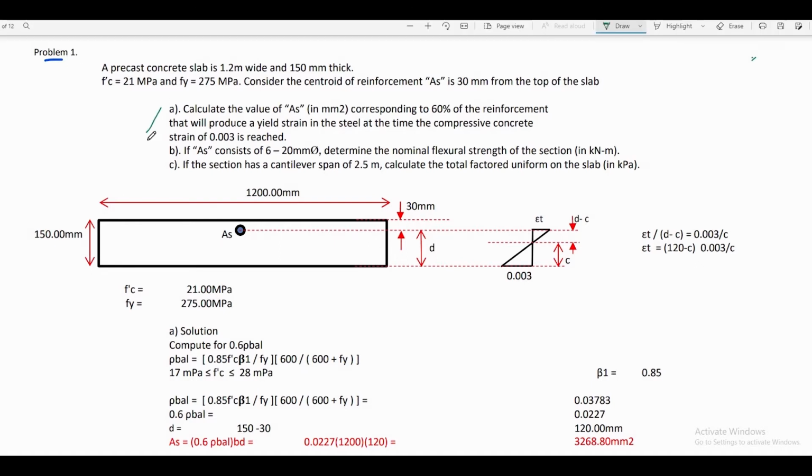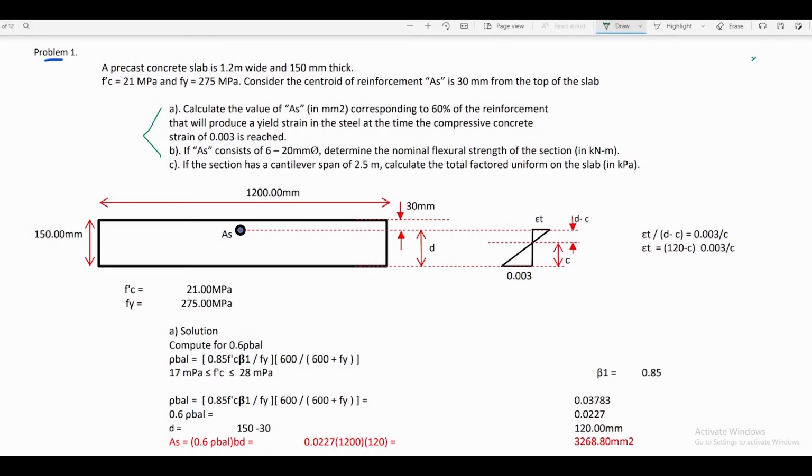The problem gives us these three situations. The first one is calculate the value of As in millimeter square corresponding to 60% of the reinforcement that will produce a yield strain in the steel at the time the compressive concrete strain of 0.003 is reached. Number 2, if As consists of 6 20 mm diameter bars, determine the nominal flexural strength of the section in kilonewton meter. And number 3, if the section has a cantilever span of 2.5 meters, calculate the total factored uniform load on the